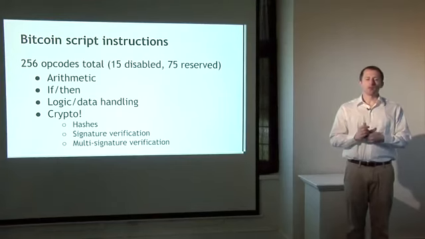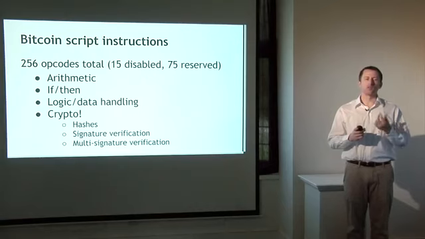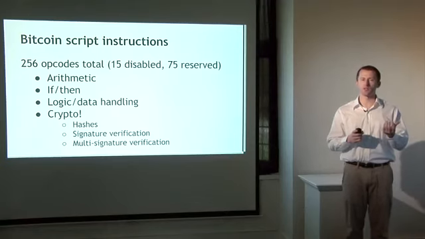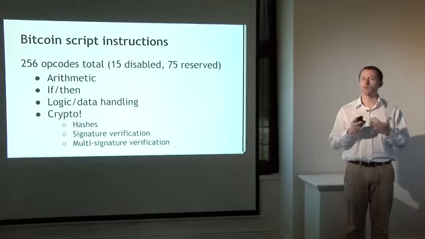So a little bit more about the Bitcoin scripting language. It's very small. There's only room for 256 instructions because each one is given 1 byte. And of those, 15 of them are currently disabled, so you can't use them at all. And 75 of them are reserved, so they haven't been assigned any specific meaning yet, but might be instructions that are